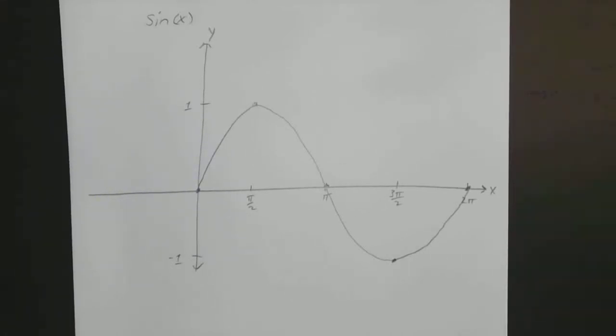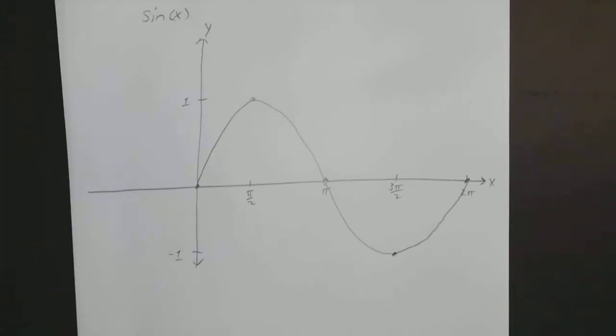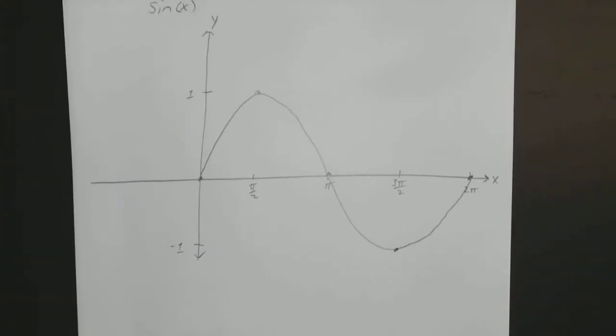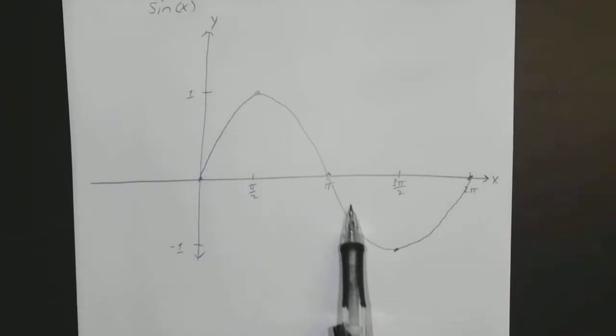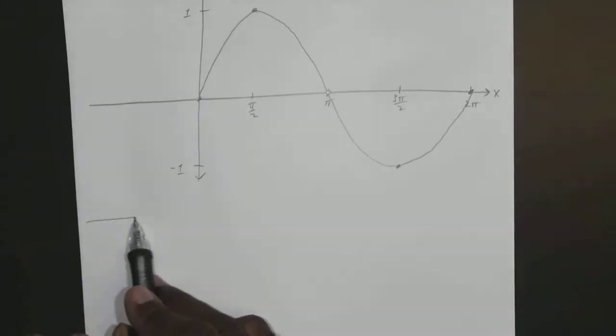Okay. Now we're not going to fill out the entire list for cosine because it's just as long and just as boring. So we're going to go right to the graph. Now, considering cosine and sine kind of interchange the whole square root of 3 over 2, square root of 2 over 2, square root of 1 over 2, they're pretty similar in shape. The only difference is sine starts at 0 and kind of goes between -1 and 1. Cosine